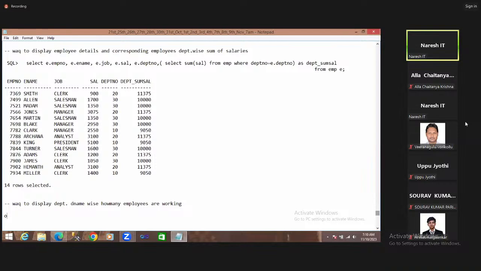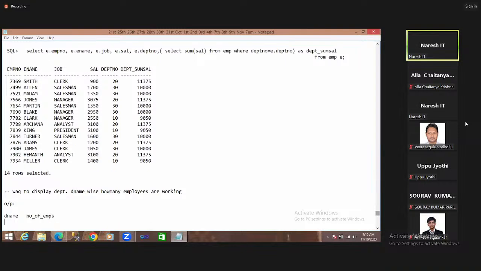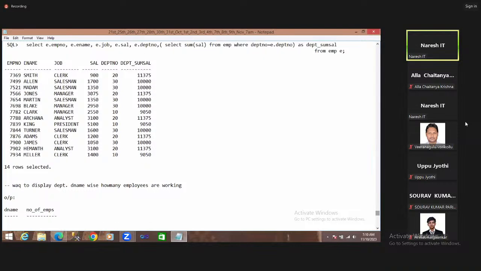The expected output is D name and number of employees: department name accounting, number of employees 3;